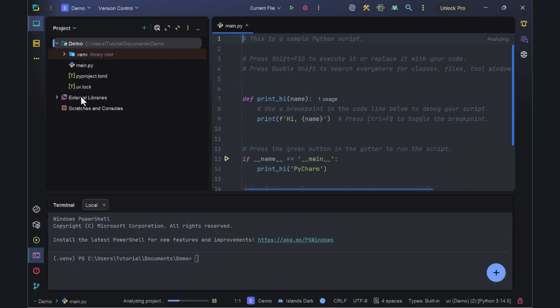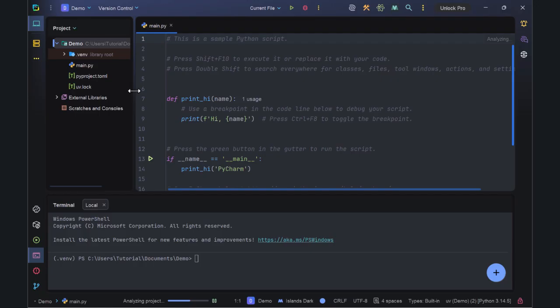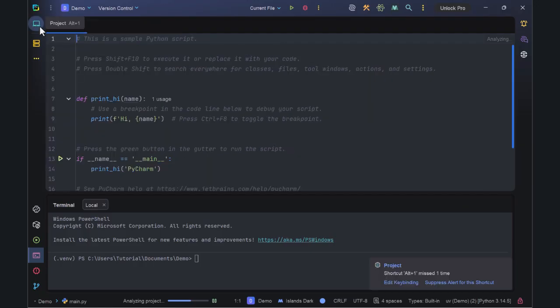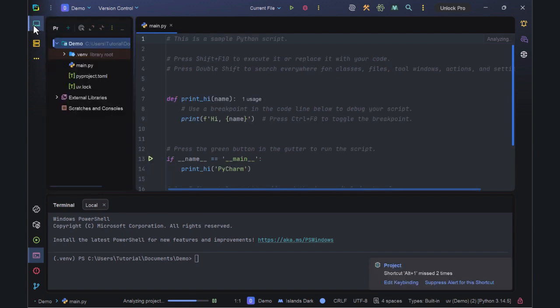We can resize this. And then you'll notice that when I brought that back, I got a message down here telling me that there's a keyboard shortcut for doing what you just did, collapsing the menu. That's what Key Promoter X does. I'll show it to you one more time. If I click on Run, it's going to tell me I should have pressed Shift F10 to run the file rather than what I did. Okay, so that was Key Promoter X. And then